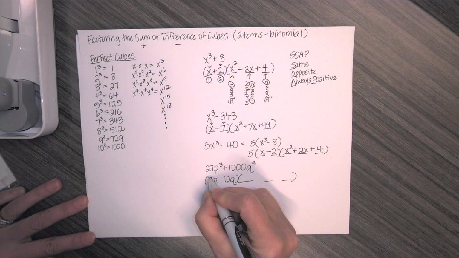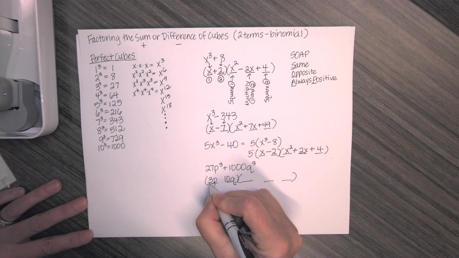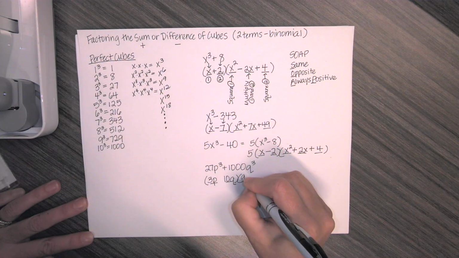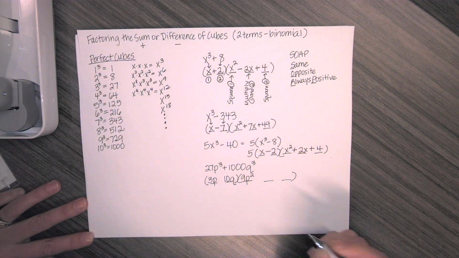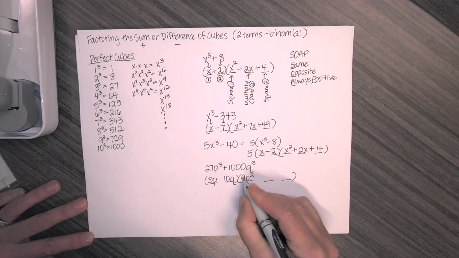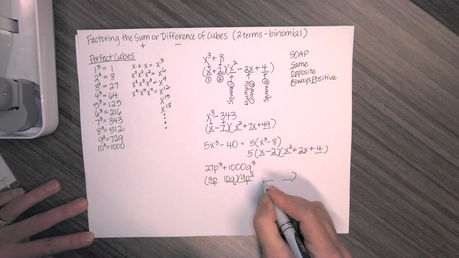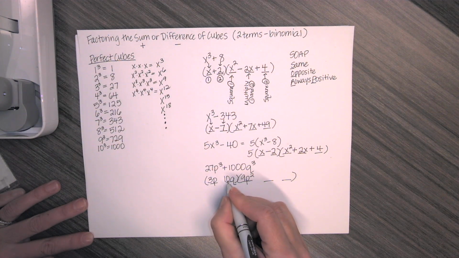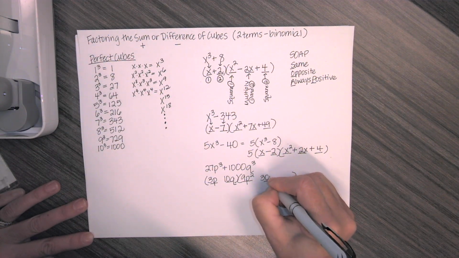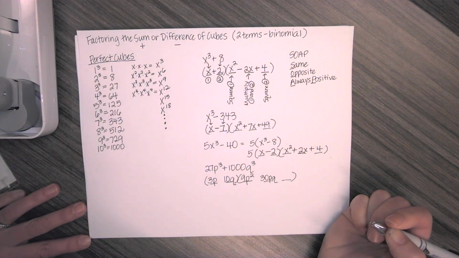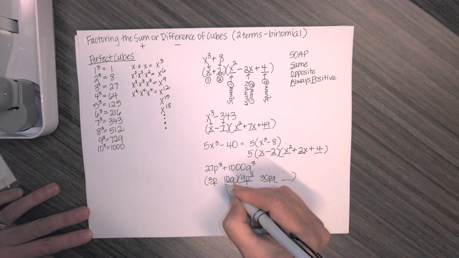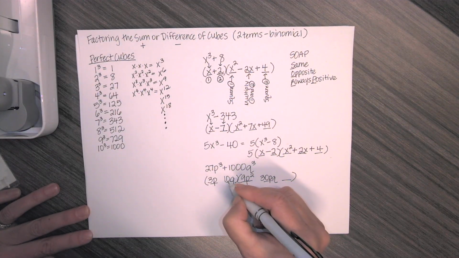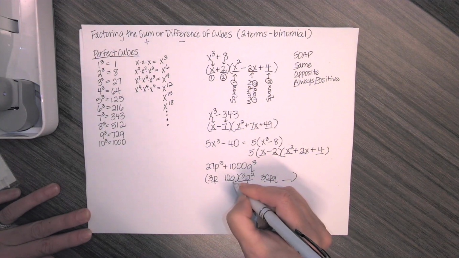We're going to square the first term. When we square it, we have to make sure we square both parts. 3 squared is 9. P squared is P squared. Okay, so that's 3P times 3P, which gives us 9P squared. To fill in this middle term, we have to multiply these two together. 3P times 10Q is 30PQ. All right, and to fill in this last blank, we have to square the second term, 10Q. So we got to square both parts, square the 10 and square the Q. So we've got